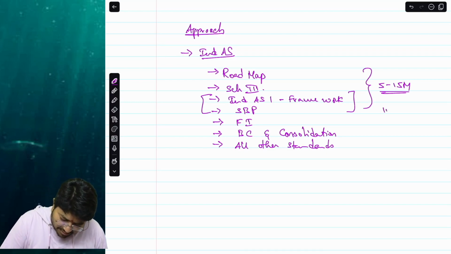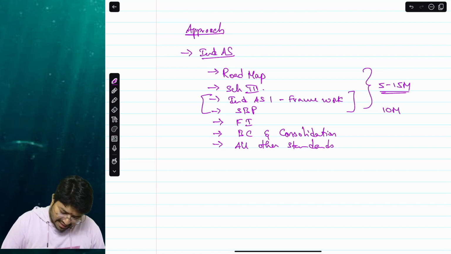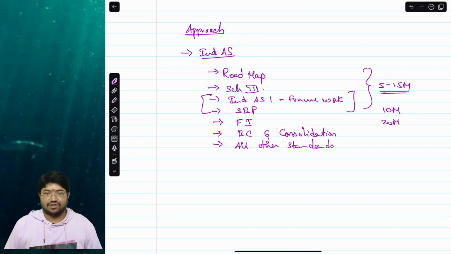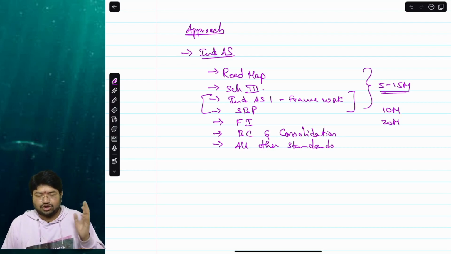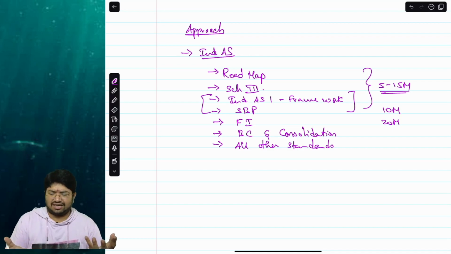Share-based payments used to be for 10 marks somewhere. And then financial instruments is an extremely important topic where 20 marks used to be asked. The reason why I am saying "used to be asked" is that it's in the old syllabus. In the new syllabus which we are now entering into, unless we get to see the paper, I do not know.